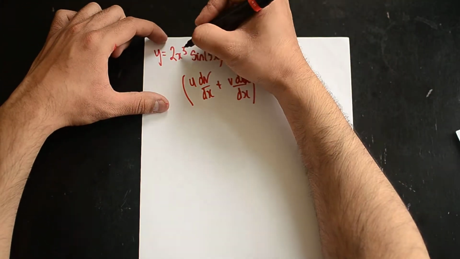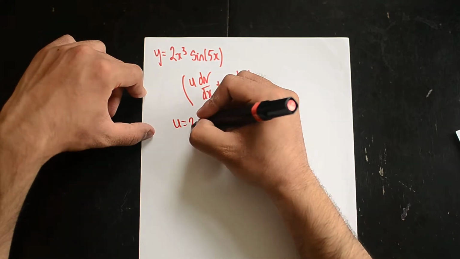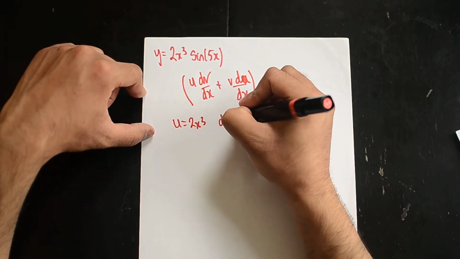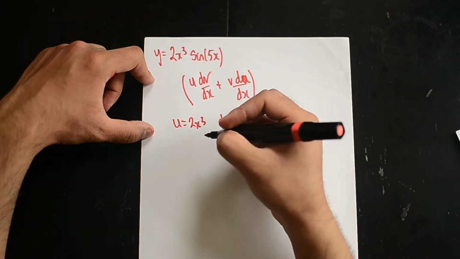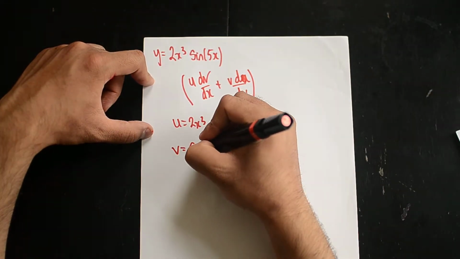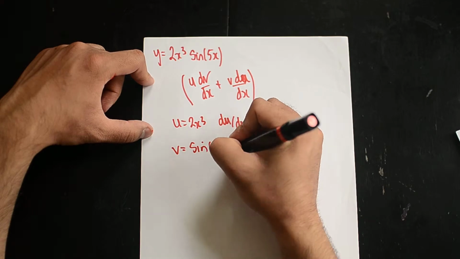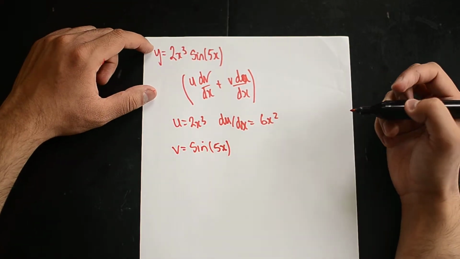And I'm going to make this my u term. So u would equal 2x cubed. Therefore du/dx would be 6x squared. I'm going to let v equal sine 5x,